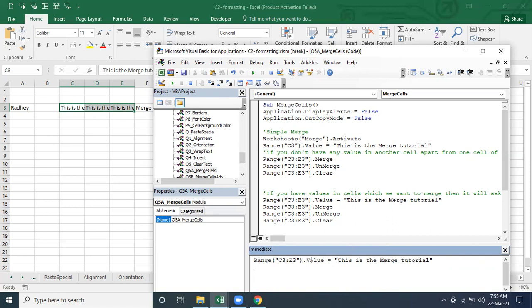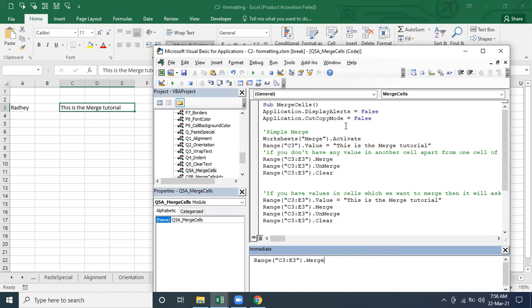Now if you're going to merge, then that alert should not come. Dot merge. You see, it's merged, but that alert didn't come. It came when I merged manually.